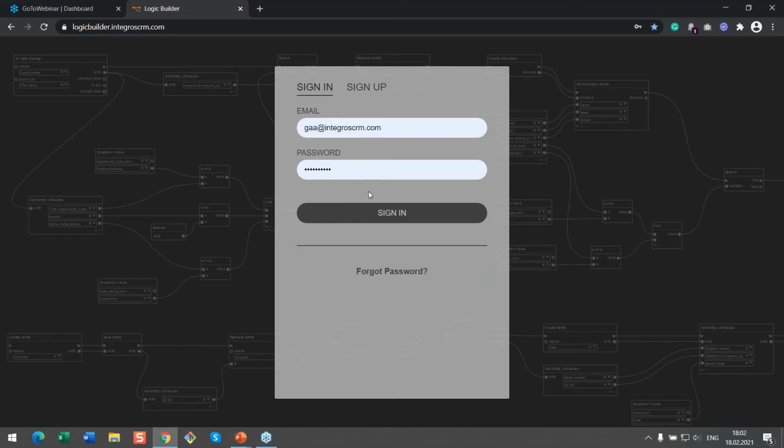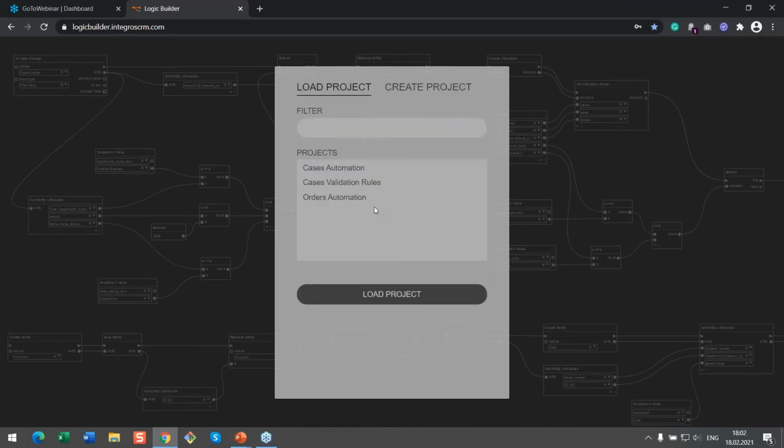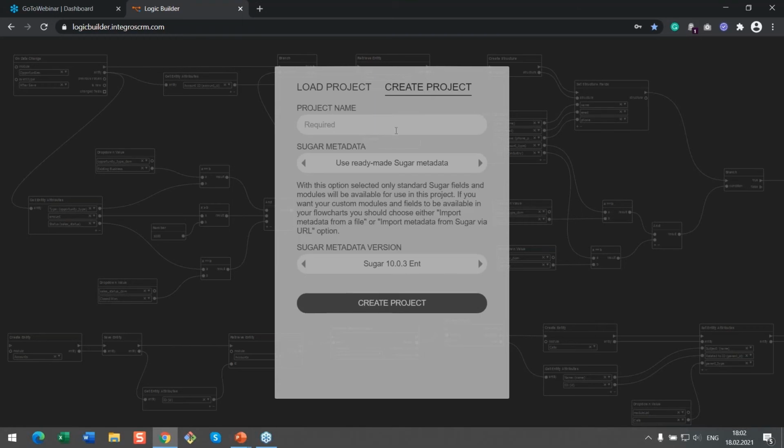All assets you are working on are stored in projects. Only you own these projects and it's only up to you to grant access to them for your teammates. Projects are a simple and convenient way to group your assets for different business customers or for different Sugar instances. To start a new project, just name it, for example, Account Automation, and set the Sugar that you would like to